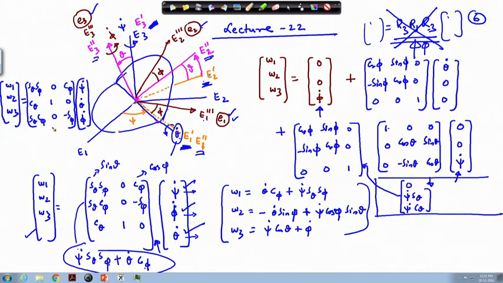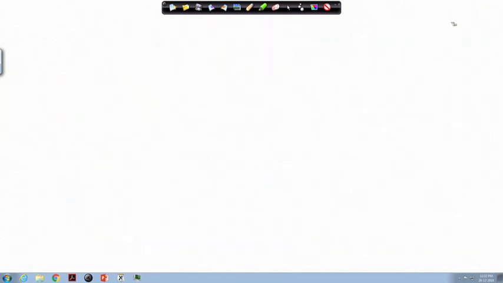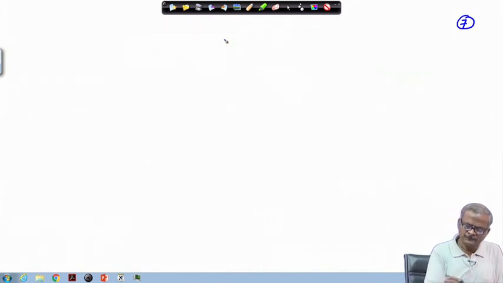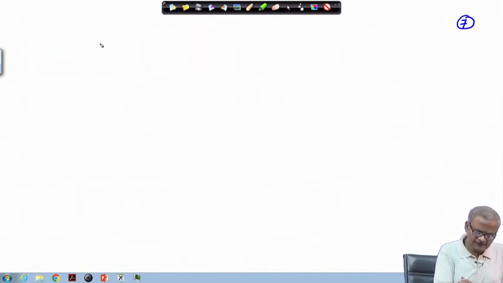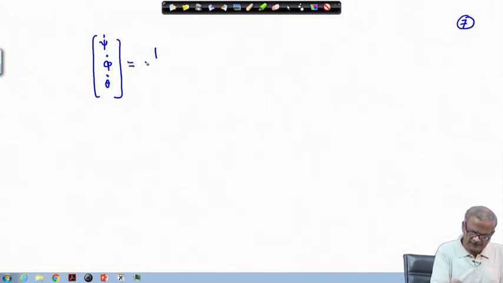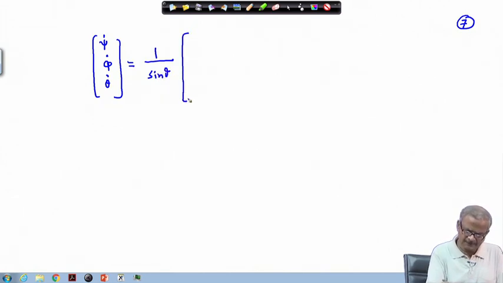Now, we need to get psi dot, theta dot, phi dot. So, mark this change that I have interchanged the positions of theta dot and phi dot. If you interchange it, the rows are also interchanged, and if we want to write here the psi dot, phi dot, theta dot. So, by doing the matrix inversion or by solving the linear equations, which I am skipping because it will take time, this you can do as homework.